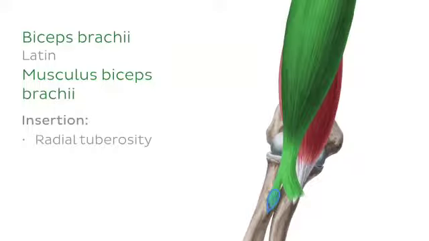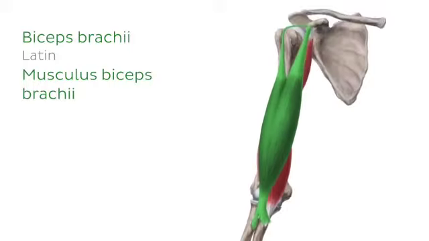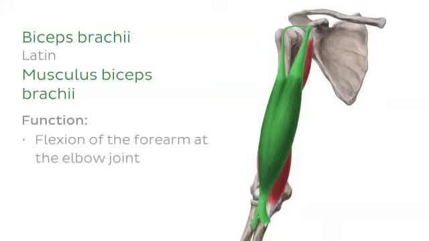It also has a soft tissue attachment to the deep fascia of the forearm through a wide expansion of the biceps brachii tendon, known as the bicipital aponeurosis. So, what does the biceps brachii do? Well, this muscle has several functions. It's a powerful flexor of the forearm at the elbow